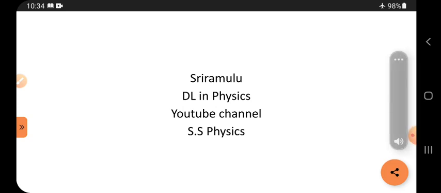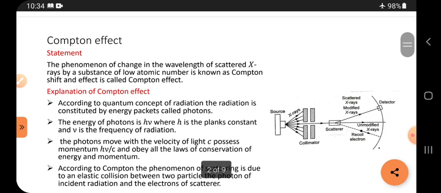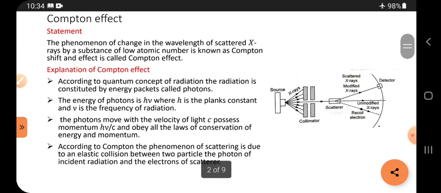So today's topic is Compton Effect. Compton Effect is the most important for the exam point of view. First, its statement: